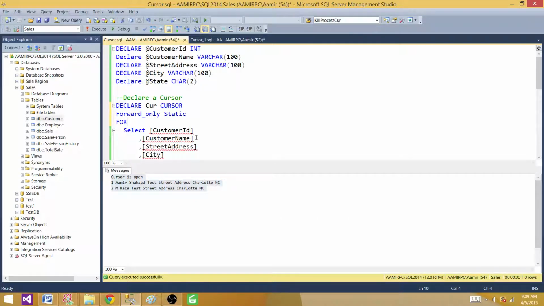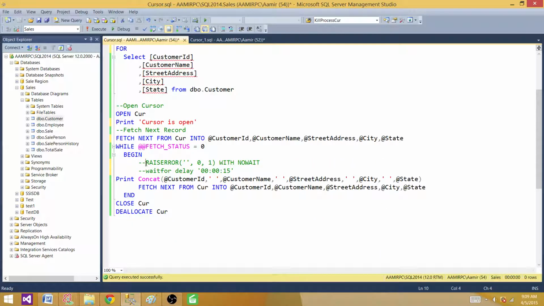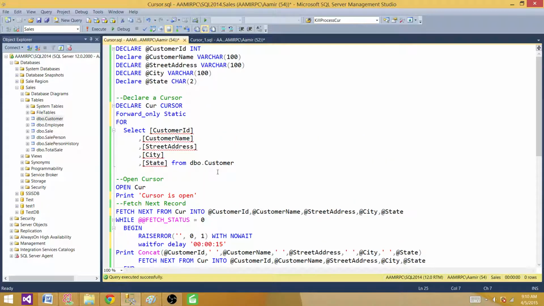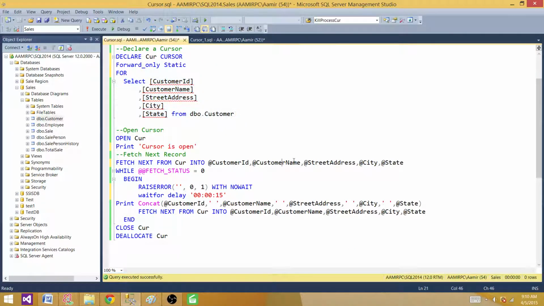Now we are going to include these two scripts here. So what is going to happen? It is going to fetch the very first row. It is going to start from here. So variables will be declared. We have a cursor definition. Okay, open the cursor, fetch the very first record. So then it will enter in the loop.